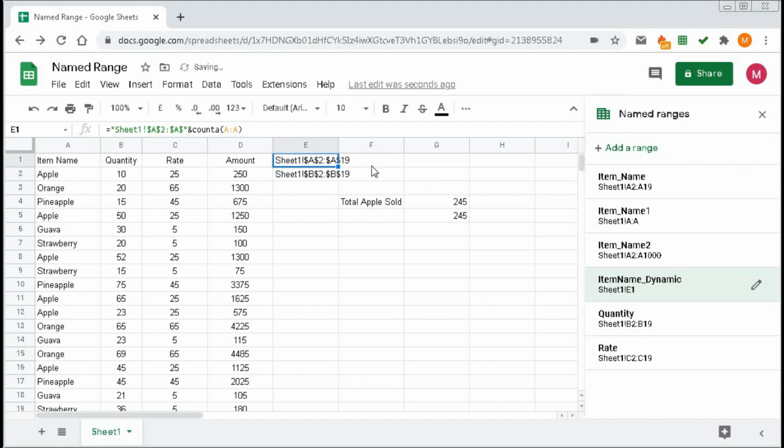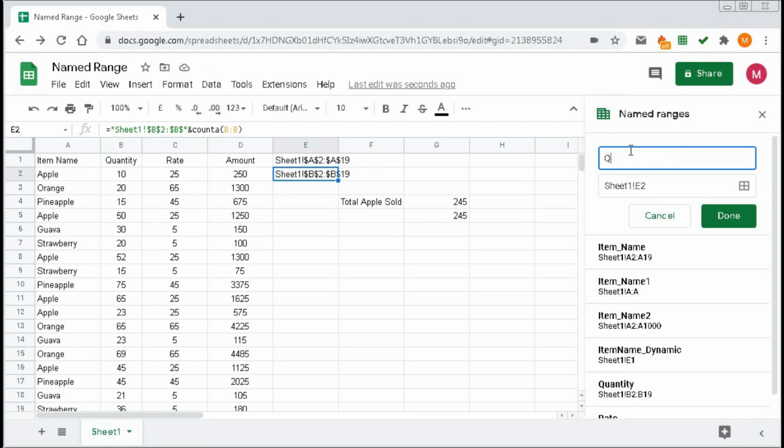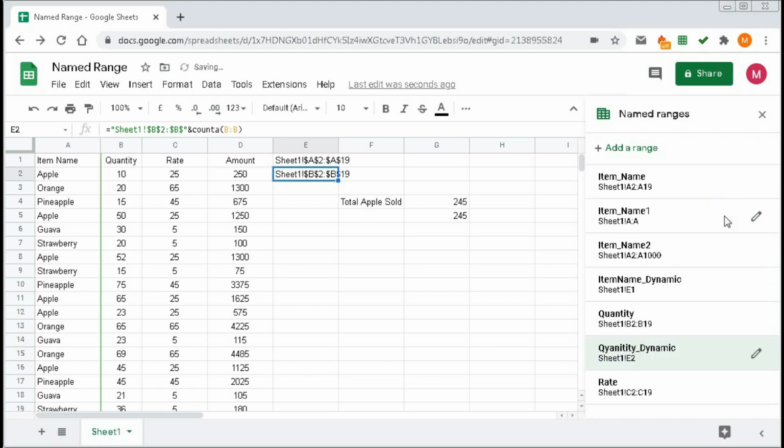Done. Now we will create quantity dynamic. So click here, add a range, quantity underscore dynamic. So E2 is okay. Now done. So we have item name dynamic, quantity dynamic.